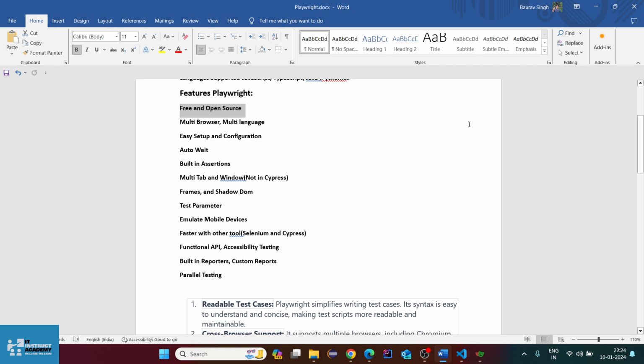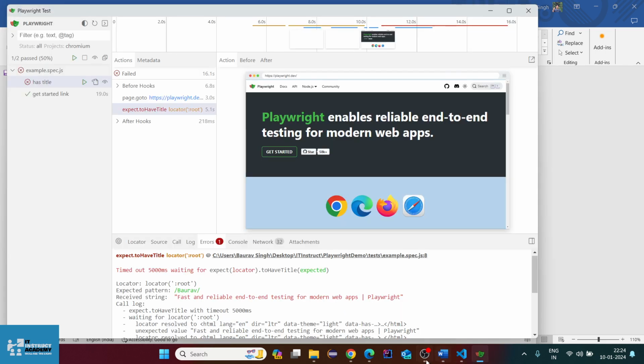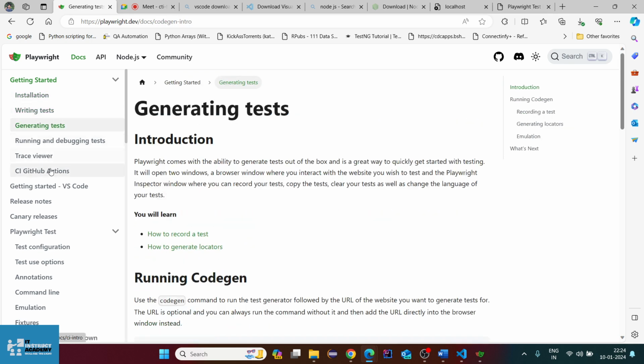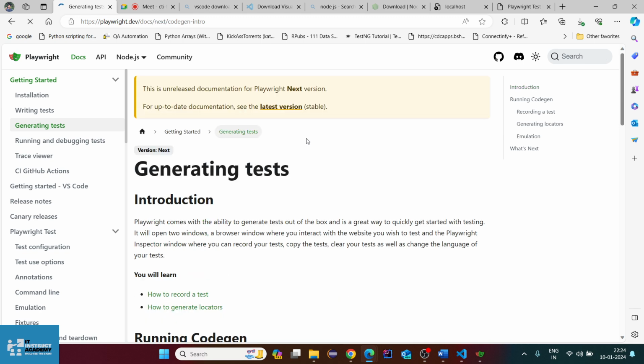The only thing is that people have to go through the official documentation and explore things one by one, how to write the test cases, generate the test cases. But if anybody is facing any problem, we are here to give you sessions and provide solutions for that also. And we have one generic session designed particularly for Playwright with JavaScript and TypeScript, so we can cover all those things there. I hope this is a good session and you